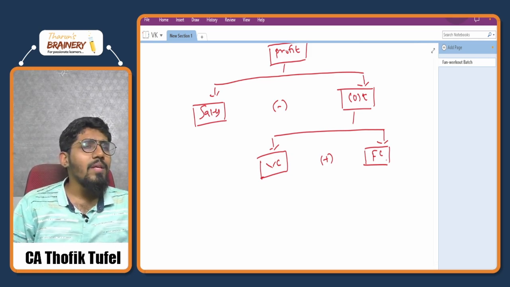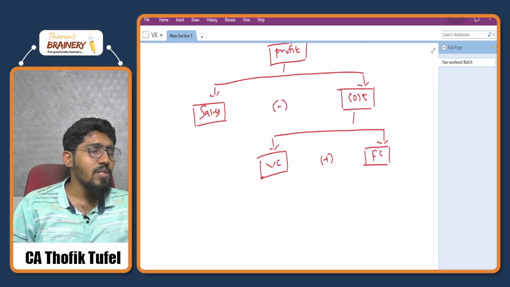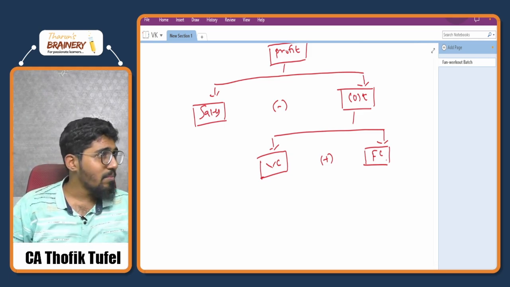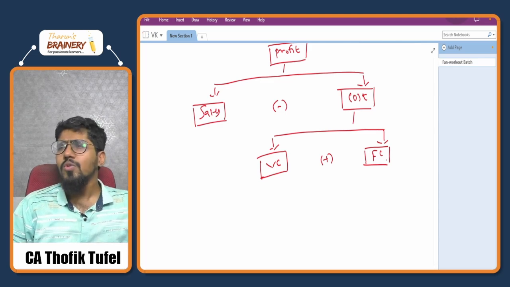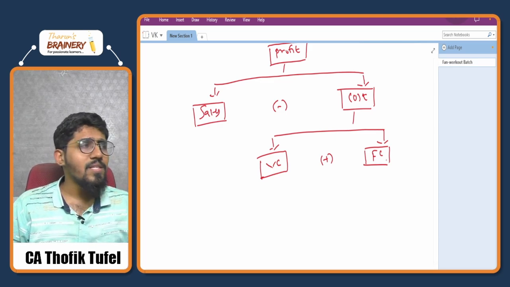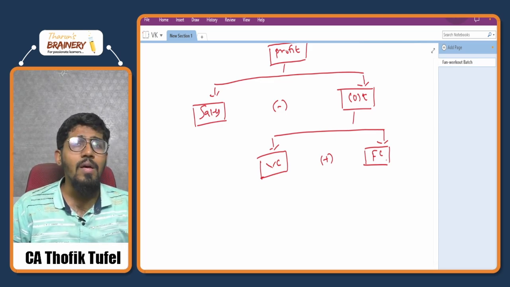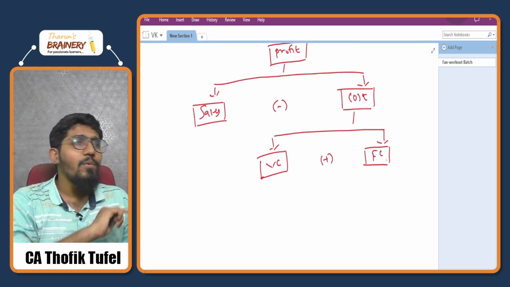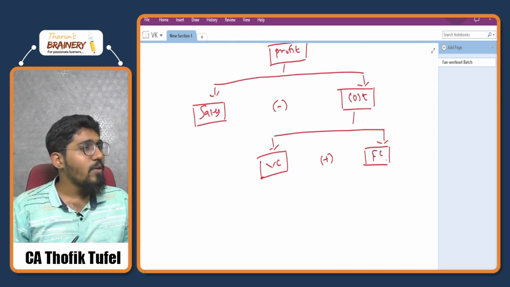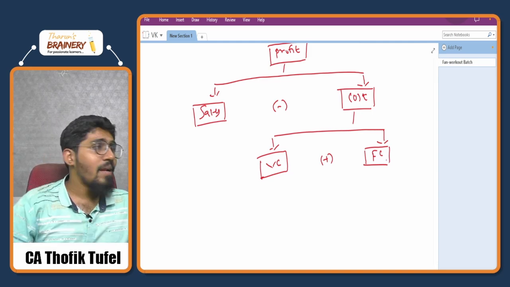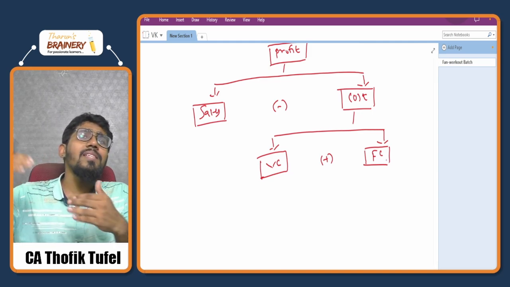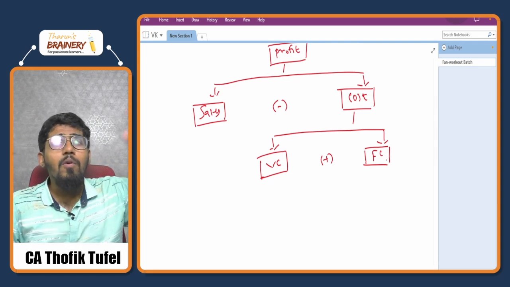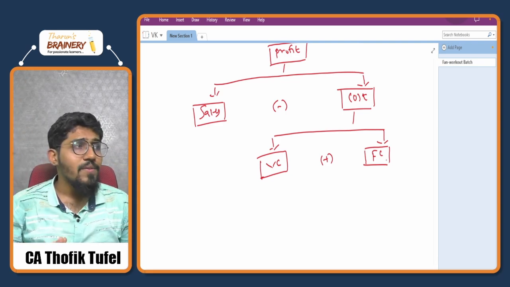Suppose I am in the business of making juice, say mango juice for example. I usually give this example only. So the cost of mango, that is the raw material, is a variable cost. How, sir? Because the cost of mango moves with sales. If I'm selling one bottle, I need one mango. If I'm selling two bottles, I need two mangoes. If I'm selling 10 bottles, I need 10 mangoes. So the cost increases as the sales increase, and decreases as the sales decrease. The cost that is proportionate to sales is called variable cost.